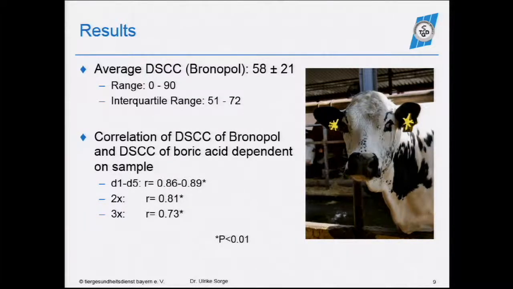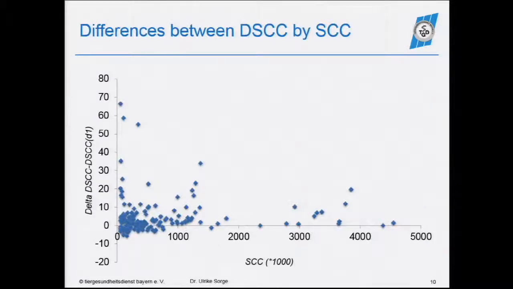And if we look at just bronopol against the boric acid samples on day 1 through day 5, again, very good correlation, but over time it slightly decreased. And as you can see here, the correlations clearly decreased in intensity if you're looking at the different dilutions of boric acid to milk. And so now I'm looking at the delta, the difference between the